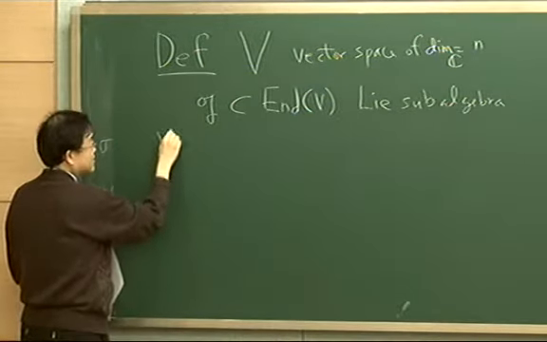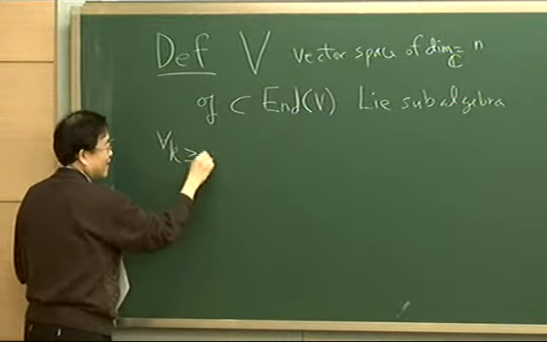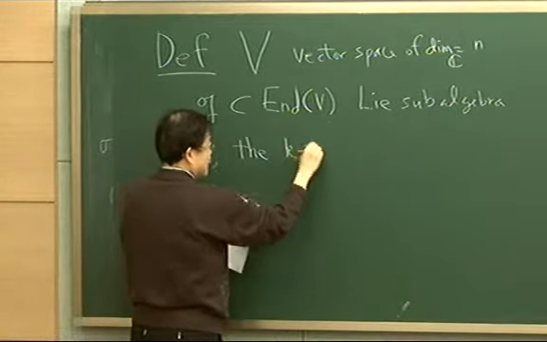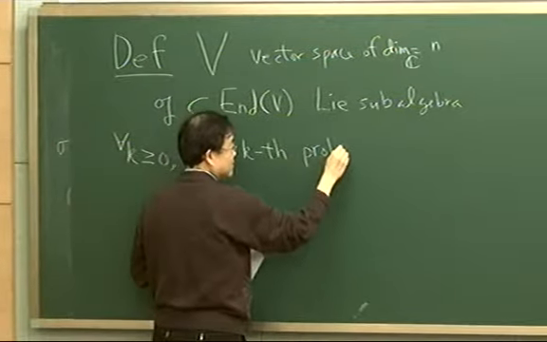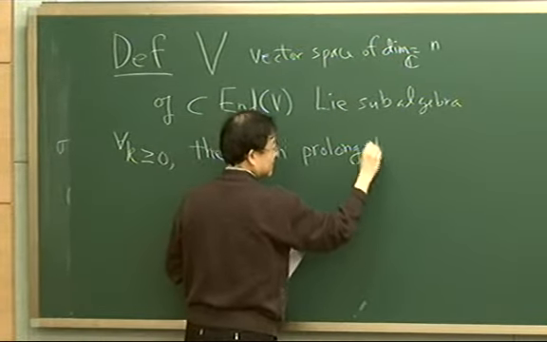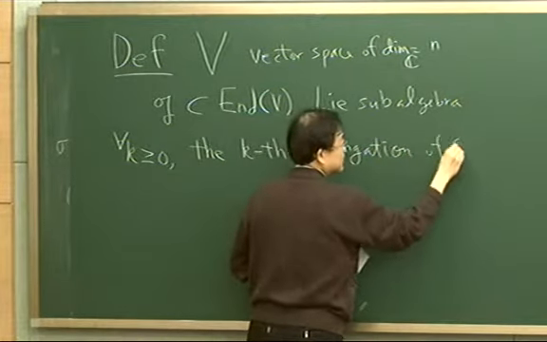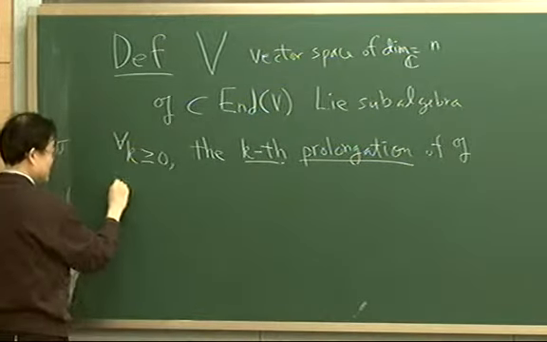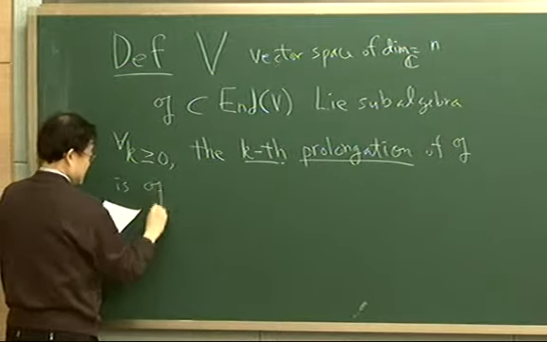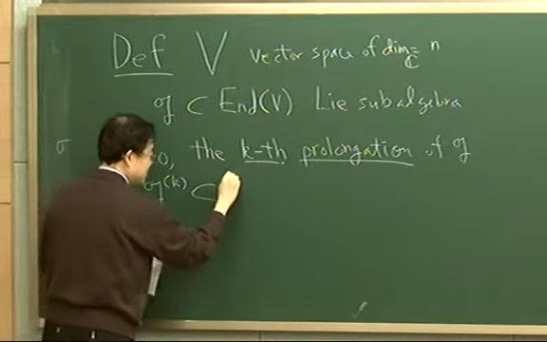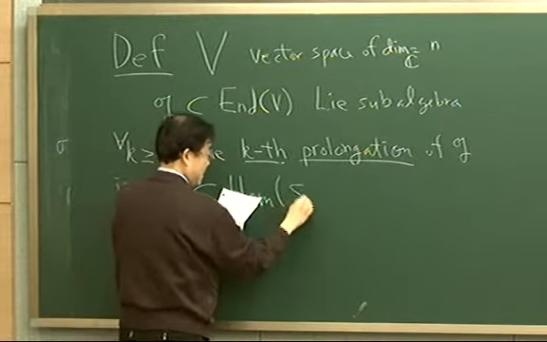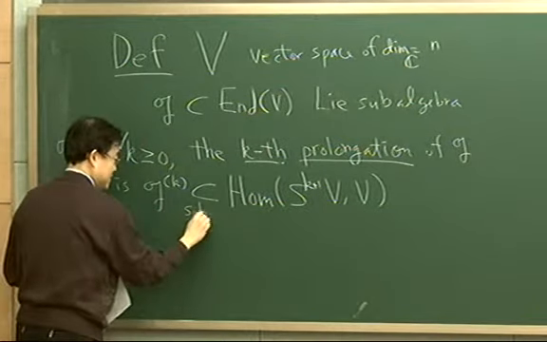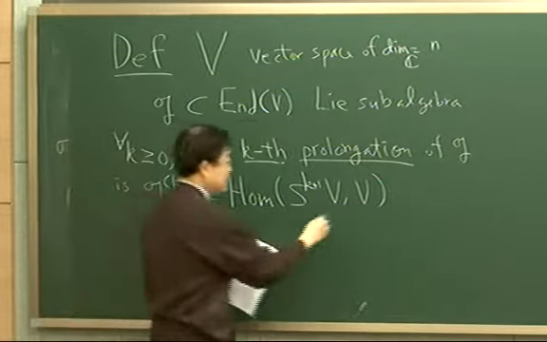Then for each non-negative integer k, I will define the k-th prolongation of G. So that's the term to be defined. The k-th prolongation of G is G_k, a subspace of Hom(S^{k+1}V, V) defined by